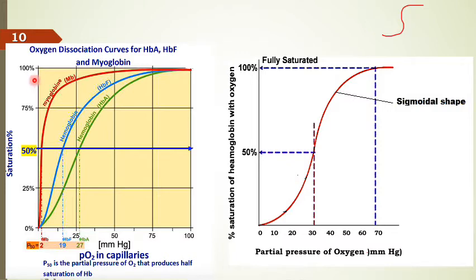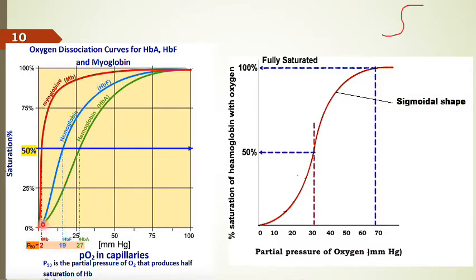What is the function of myoglobin? I have explained in the previous lecture. You have to hear the previous lecture. Myoglobin is a storage form of oxygen in the muscles. When does myoglobin deliver oxygen? When the partial pressure of oxygen reaches 5 millimeter mercury. At 5 millimeter mercury, the myoglobin delivers the oxygen to the tissue. This is a steep drop at 5 millimeter. As you see, this is a large slope, a very strong slope.